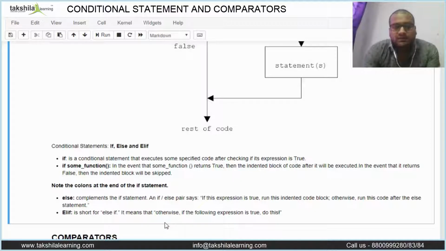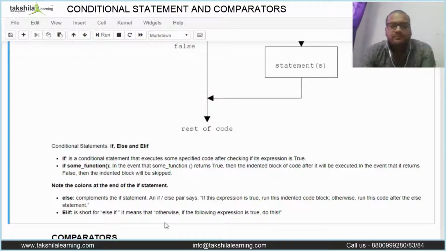Then again we have written some function, any random function, and if it is true, then the indented block written inside that function will get executed. Otherwise it will return false, and it will skip that function.